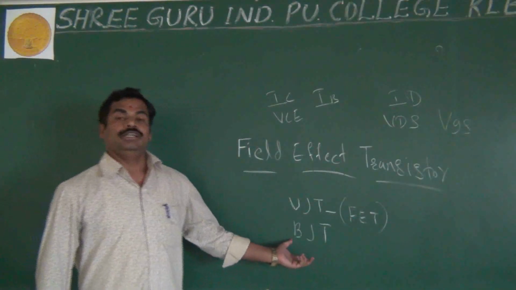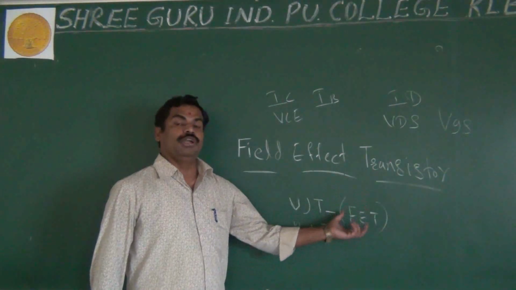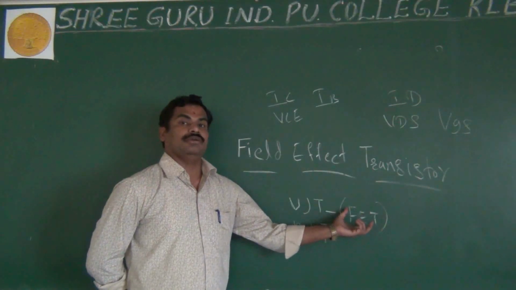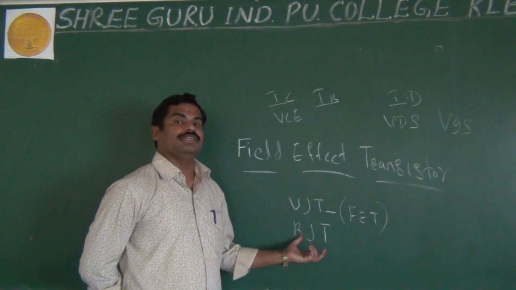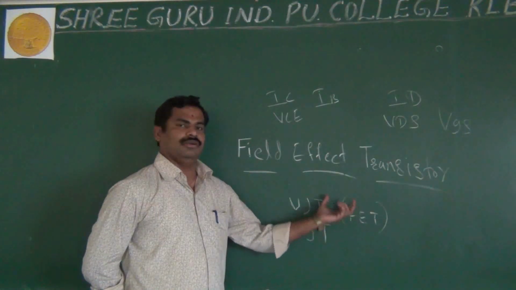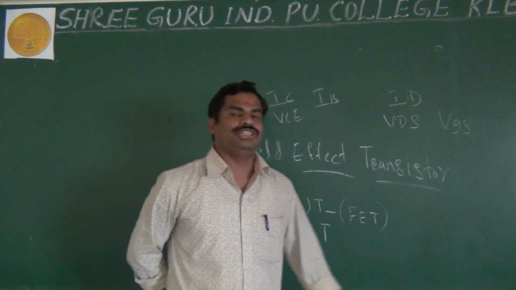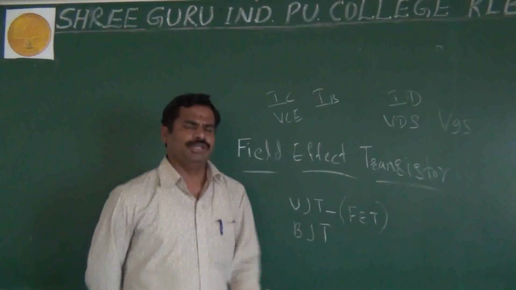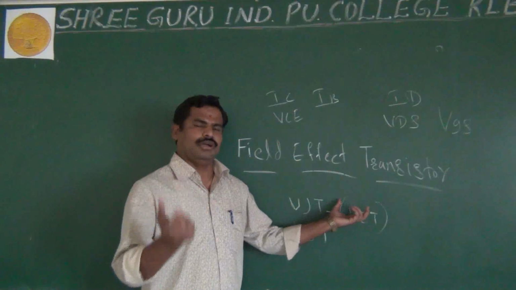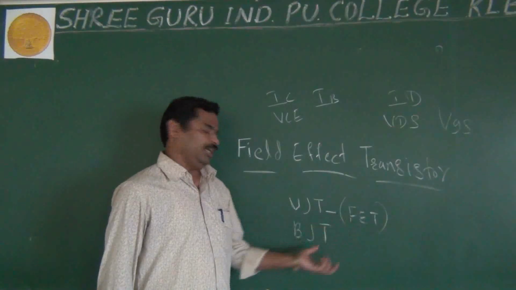The BJT depends more upon the temperature, but the FET is not more dependent upon the temperature. The BJT has less stability for temperature, the FET has the most stability for temperature. It means the BJT depends on temperature, but the FET does not depend upon the temperature. That is another advantage of your FET. And as we know, the FET takes very small space, has long life, and very high efficiency. That's why they prefer the FET in place of the BJT.